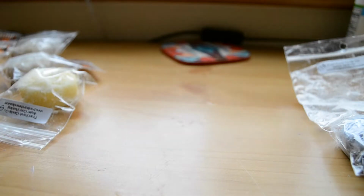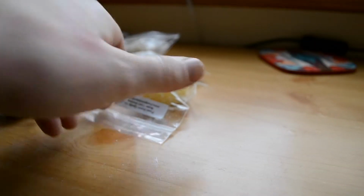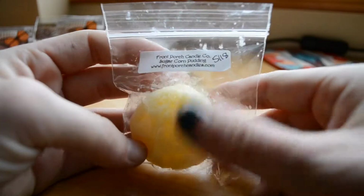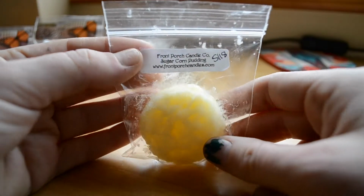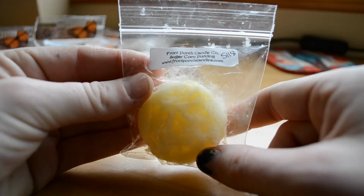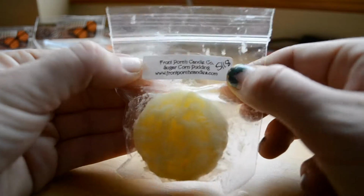Next, I'm going to show you my individual grubbies, which are all just waiting for me to go through. This one right here is a sugar corn pudding, and this one is a great mixer. My boyfriend's mom, Melissa, actually showed me this one. She got a scoopable of this, and she loves this one, and I always ask her what's burning or what's melting when I walk in her house, and she always says this one, so I must enjoy the scent,